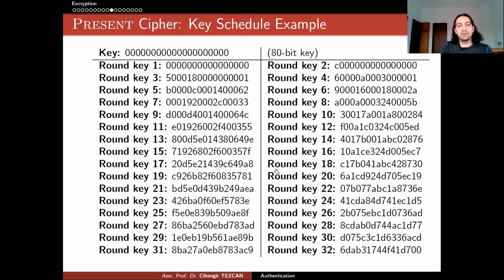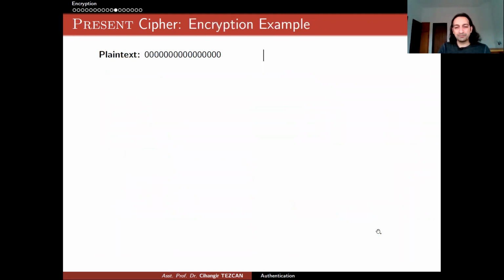I'm showing you this because these are called test vectors. If you want to implement this algorithm, once you have completed your implementation, you can perform the key schedule for this all-zeros key and see if the results match the ones that are given to you. If they don't match, this means you made an implementation error. If they match, this means you implemented it correctly.